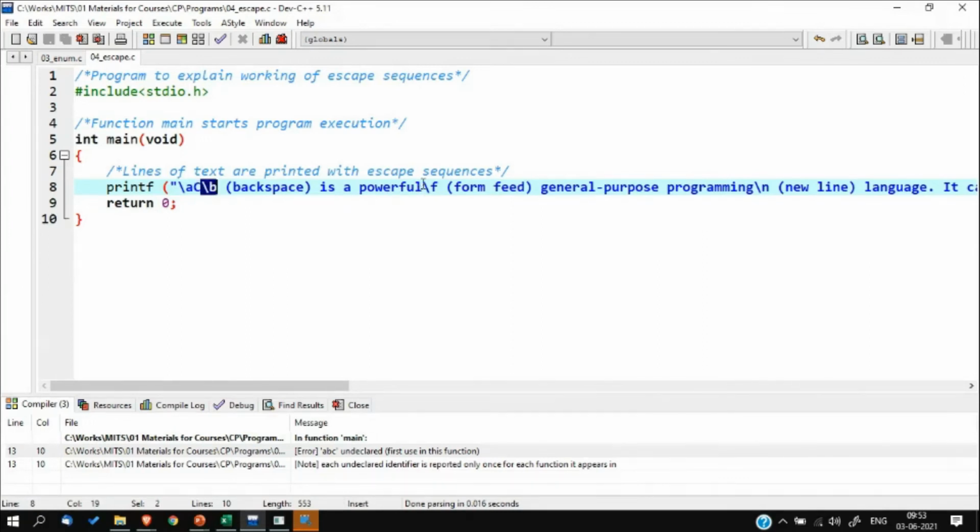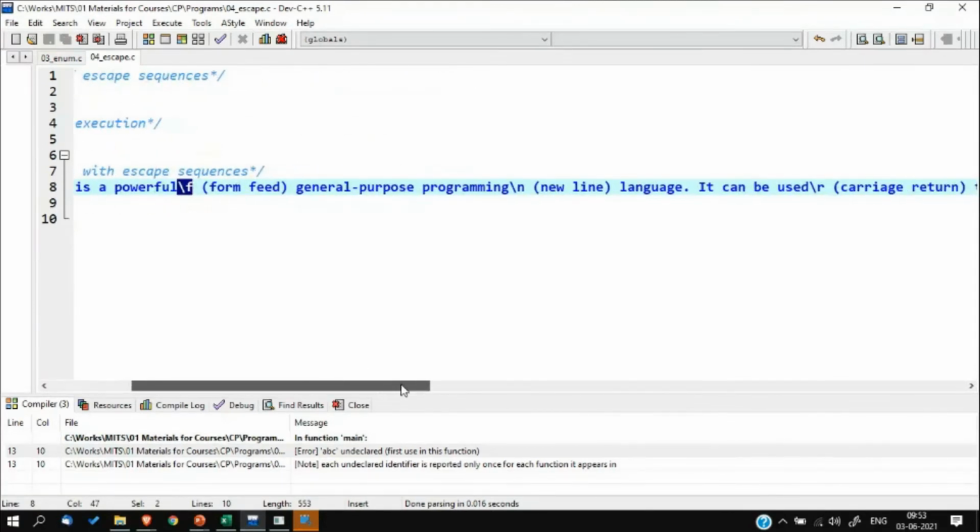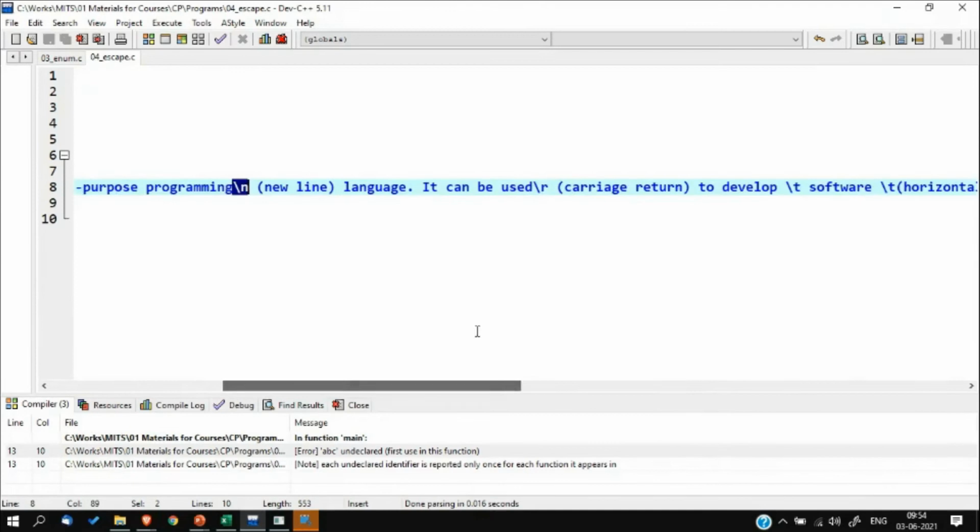Then \f, form feed. As I said, the form feed, in the main display of the C programming language, doesn't have a specific meaning. So only a junk character will be printed. Let's see what character it will print. Then "general purpose programming", so \n, that is a new line. Then "language, it can be used as", here is a carriage return. So carriage return means